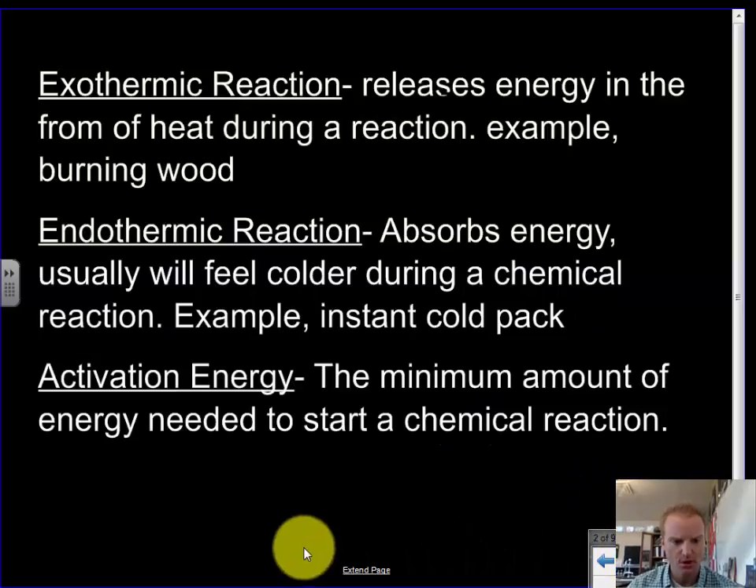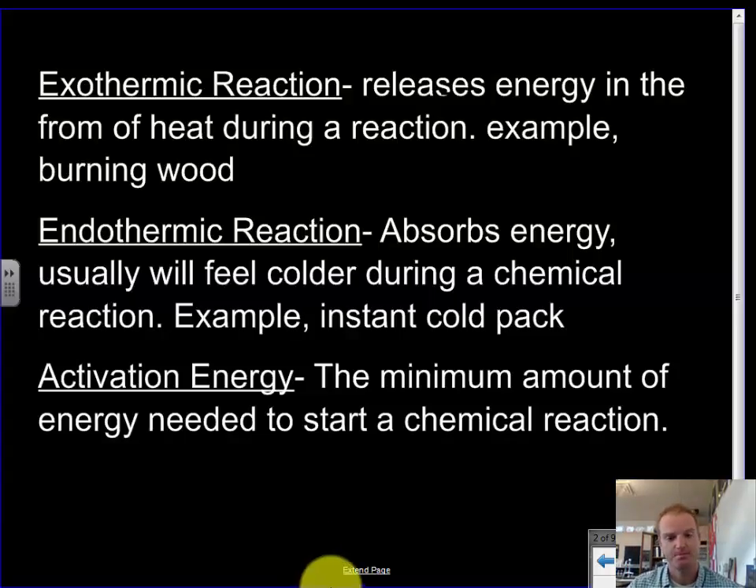So there are two major classifications of reactions. We've talked about how we know a reaction is taking place. An exothermic reaction releases energy in the form of heat during the reaction. So when you burn wood, it releases energy. You can feel the heat. Then we also have what's called an endothermic reaction, and they absorb energy. Usually it will feel cooler during a chemical reaction. That instant cold pack where you pop the middle and you shake it up and now it's cold,